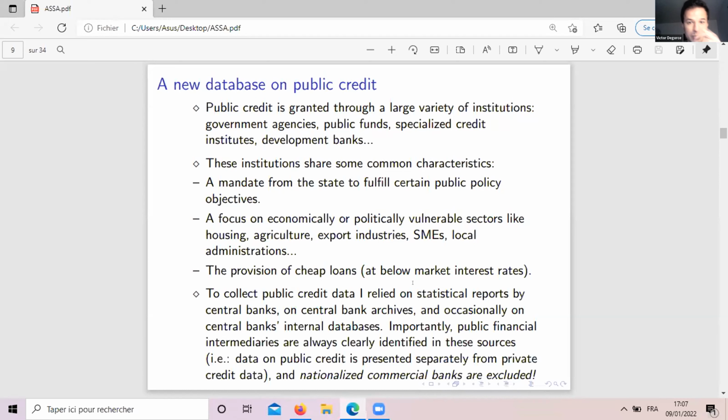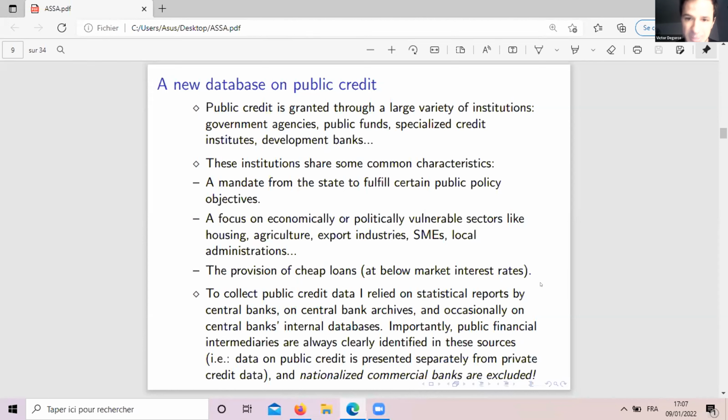Well, that's a bit harsh of me because they did share the data. Anyway, the two important things about how I collected the data. First thing is that in each of these sources, systematically, public intermediaries are distinguished from private intermediaries, and they're distinguished from the banking sector. That's very, very important. I didn't select public intermediaries based on my own assessment. The selection was already done by the central bank. They were already grouped in a single category that's sometimes labeled public financial institutions, state banks, development institutions. That depends on the country. But they're already grouped in a single category, and this category is